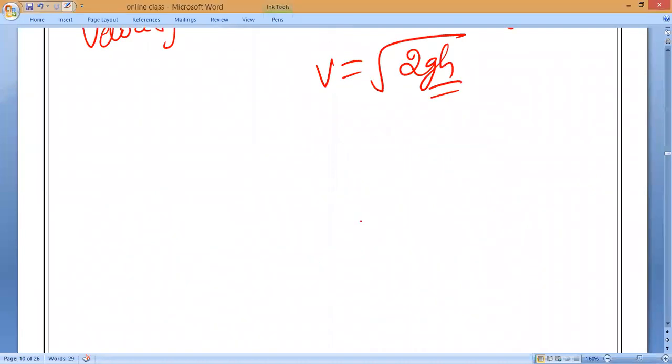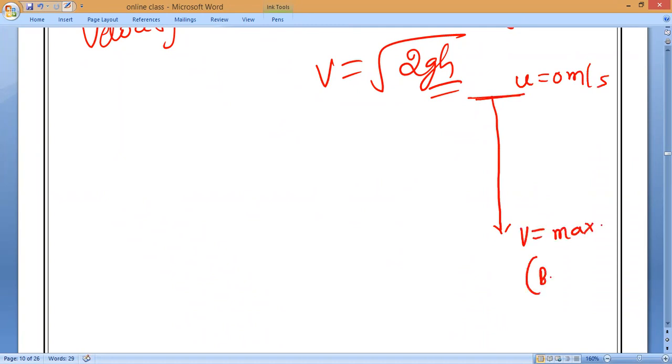Velocity on reaching the ground means, what is the initial velocity, guys? The ball is freely falling. What is the initial velocity? Initial velocity is 0. Final velocity, that is also when? Before touching the ground. Okay? So before touching the ground, it is maximum. And G is positive or negative? Danishkar, coming freely falling, G is positive or negative?